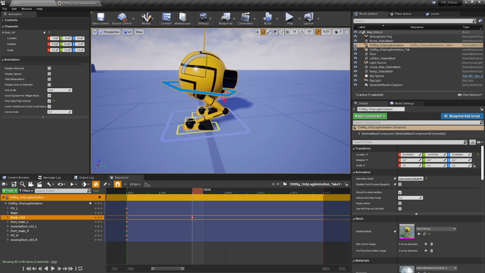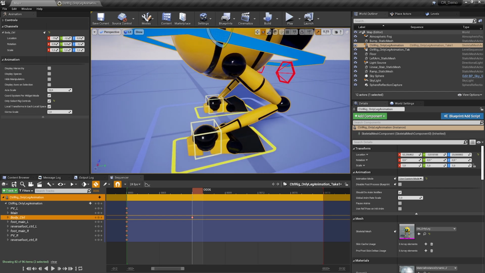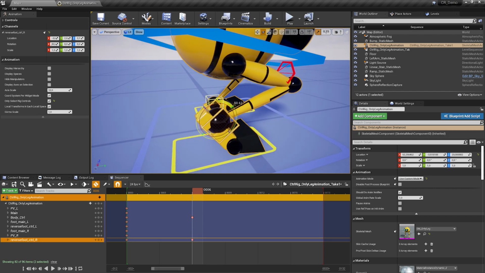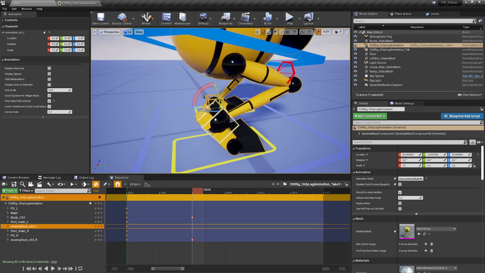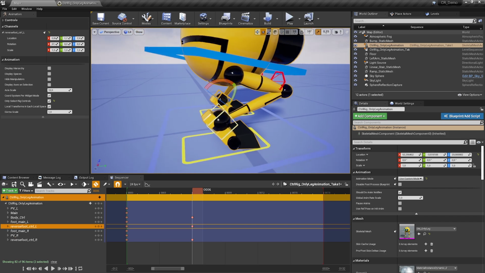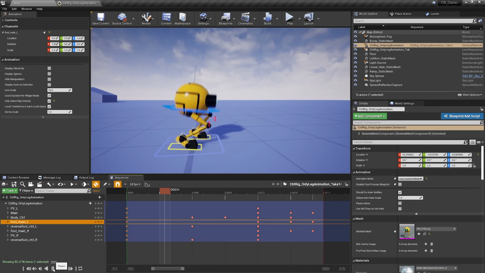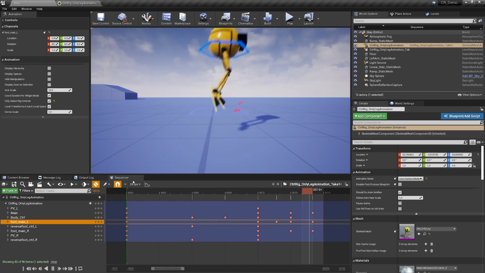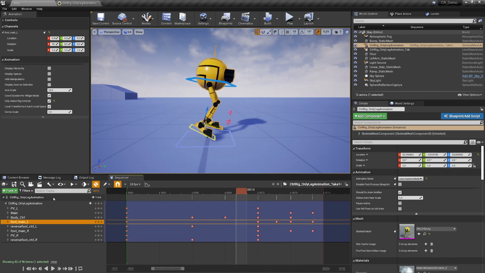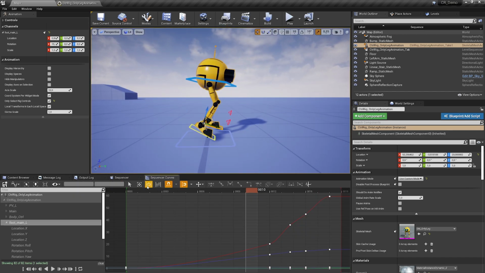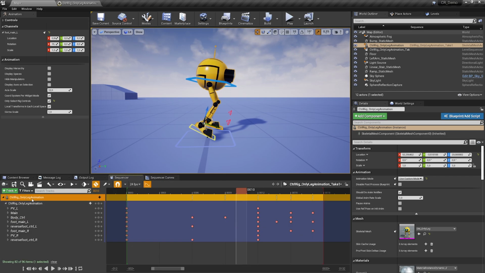As you might see here, I'm not an animator, and this is not a tutorial about sequencer, so bear with me while I make a really fast jump animation very quickly. So this is how it looks, and I'm happy with it, but we could go now to the curve editor and tweak our curves. I don't want to go there now, but I want to show you the process.